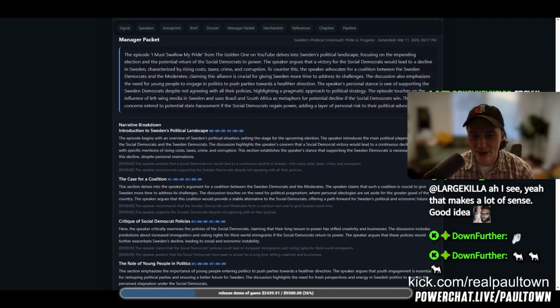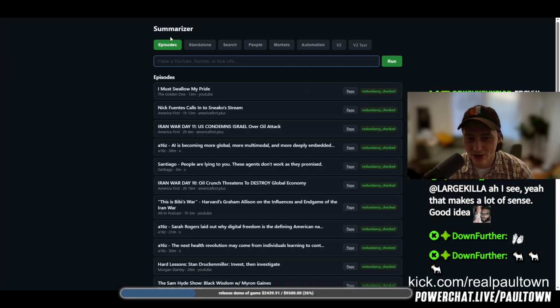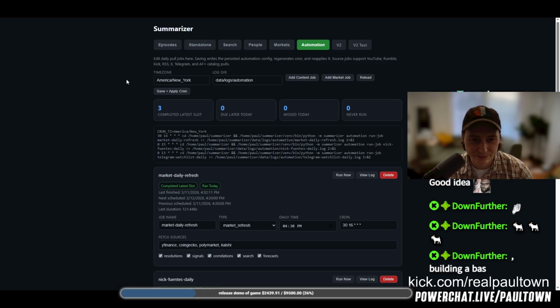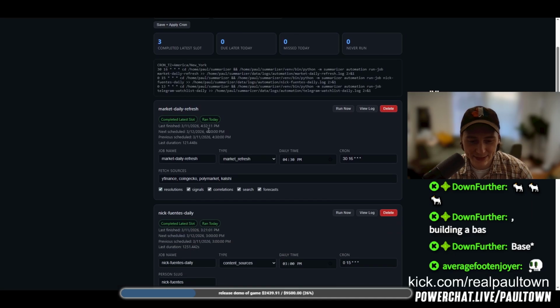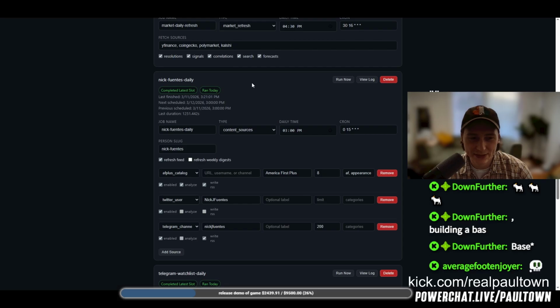So we can do this with audio. We can do this with RSS feeds, because all it is is taking audio and turning it into a thing. There's computer vision stuff we want to add in. But stuff like this basically just is going to pull in this. And then we have this set up, add source, and this will run.